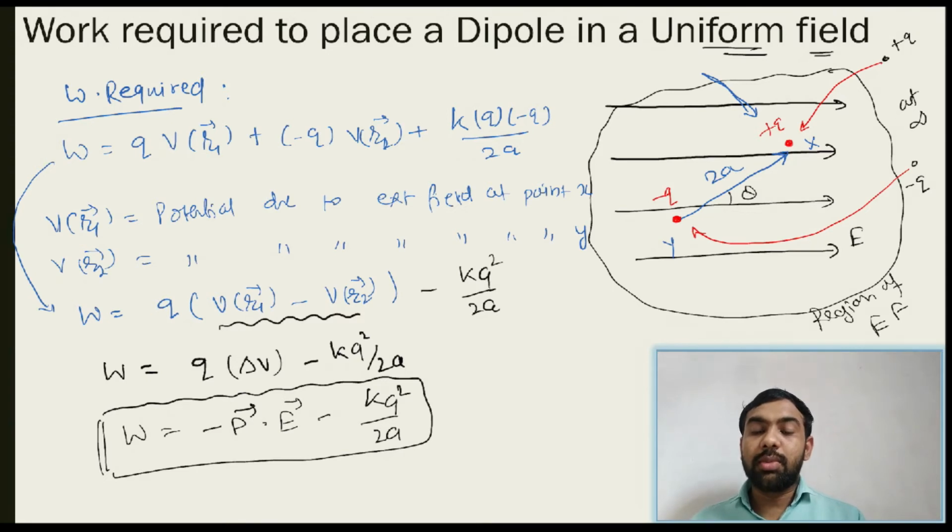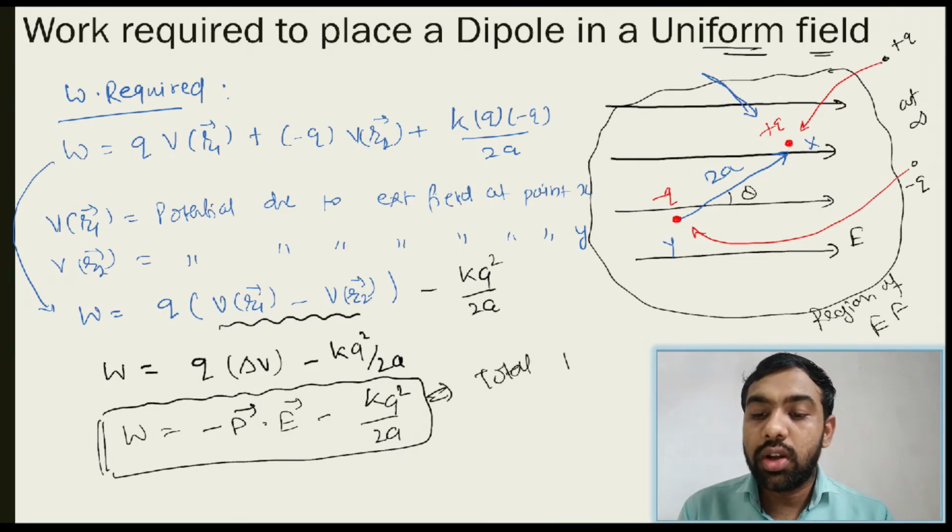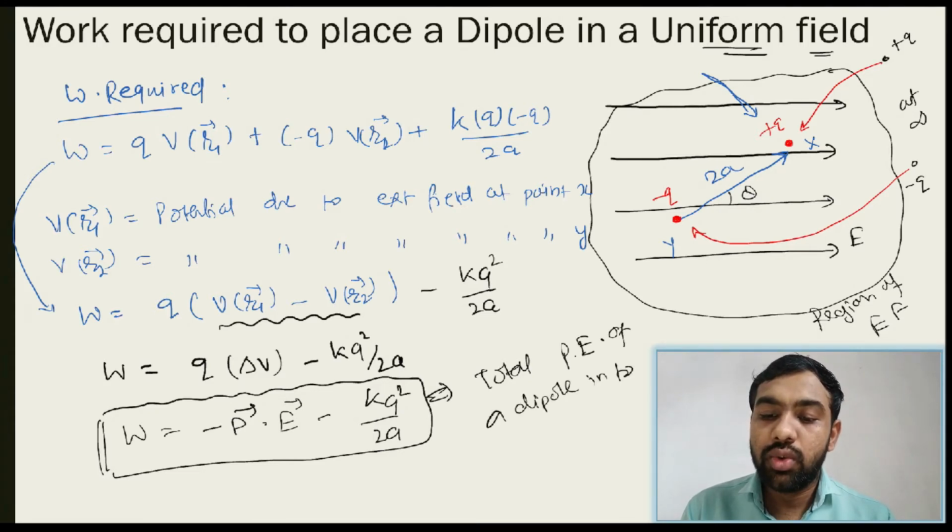Okay, so this minus p dot E is only the potential energy due to this external field. But if you count the total potential energy, then you also count the potential energy of the two-charge system. What is the two-charge system potential energy? k q1 q2 upon r12. So this is the total potential energy of a dipole in a